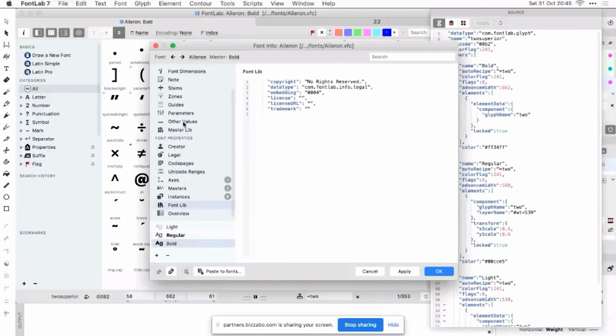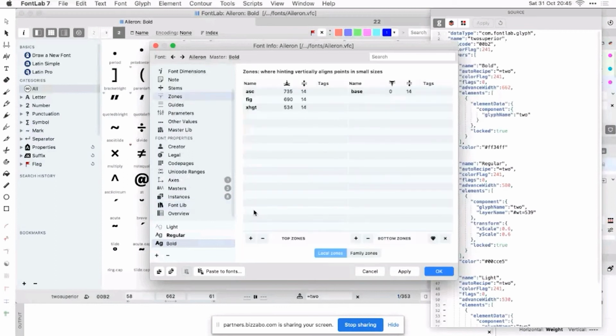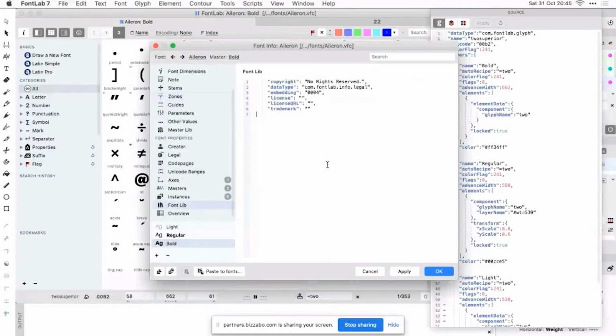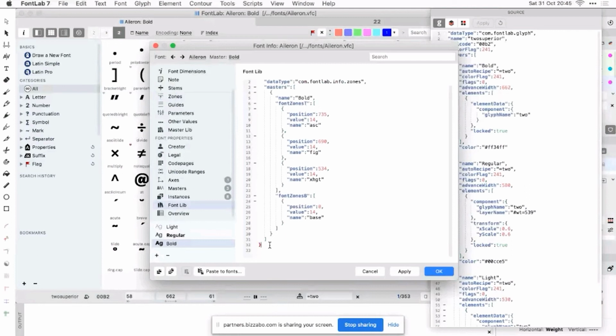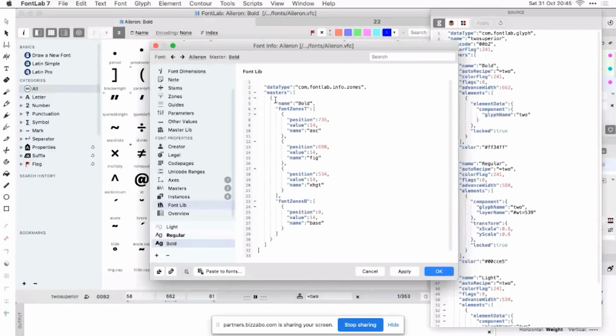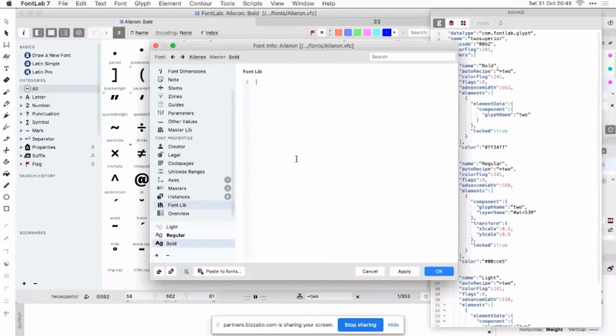You can go to any other page, like zones, click here to copy page, go to font lib, just remove the outer braces, and you get, oh, okay, that's what JSON looks like. This could be a valid lib entry. It doesn't make sense to put that stuff there right now, but it could be. So anyhow, this is